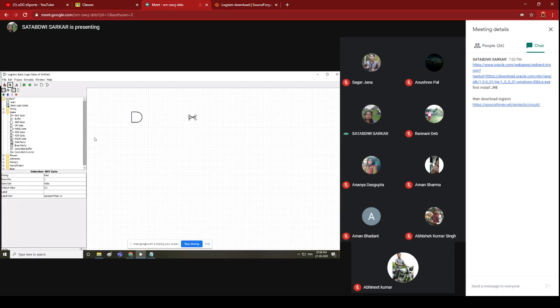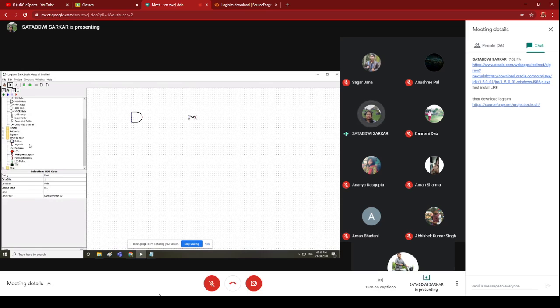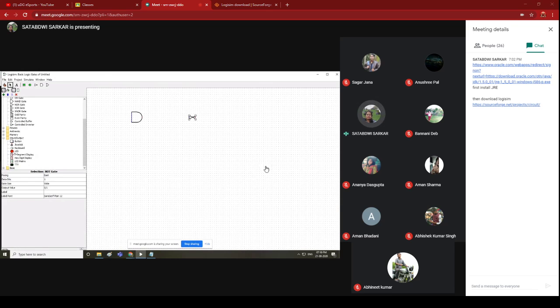Now see, there is a memory part, there is an input output part. Now the other parts I will discuss later, but for today, see this input output part. So you have to double click on this input output part and see here there is a button, a joystick, keyboard, LED. If you want to click on this LED, the LED will automatically come and you can put it here, and see these attribute fields, that is selection LED, and LED having different attributes in this LED